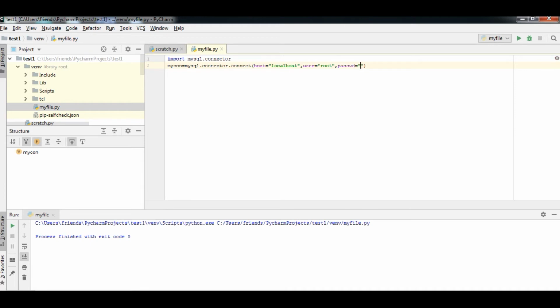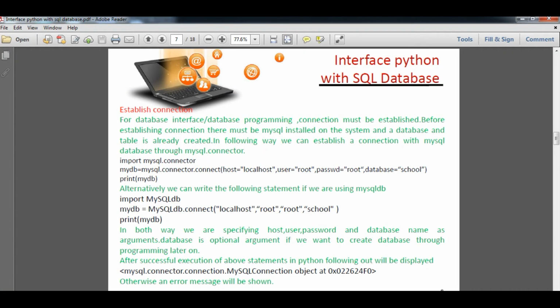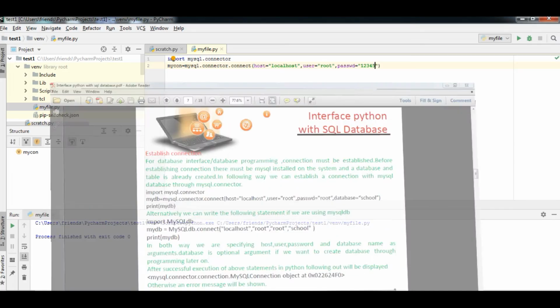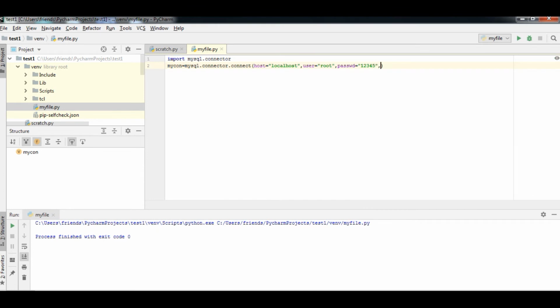As I remember, my password was 12345. Then after that the database name. Every argument should be separated by a comma, as you have practiced in functions, the same way.